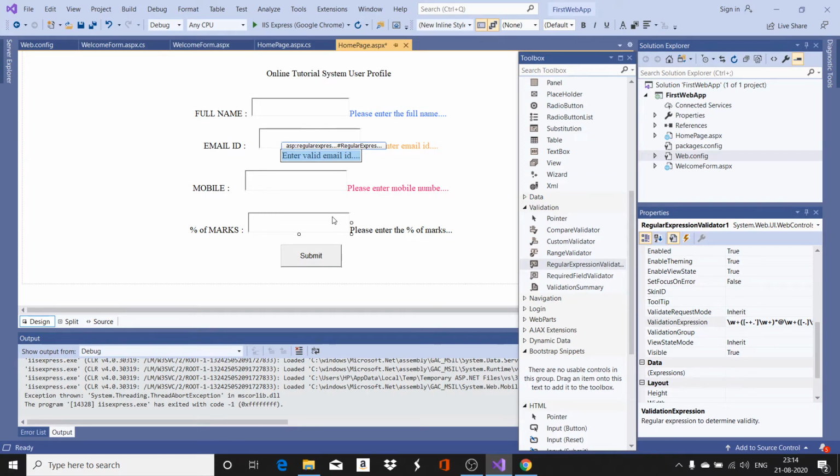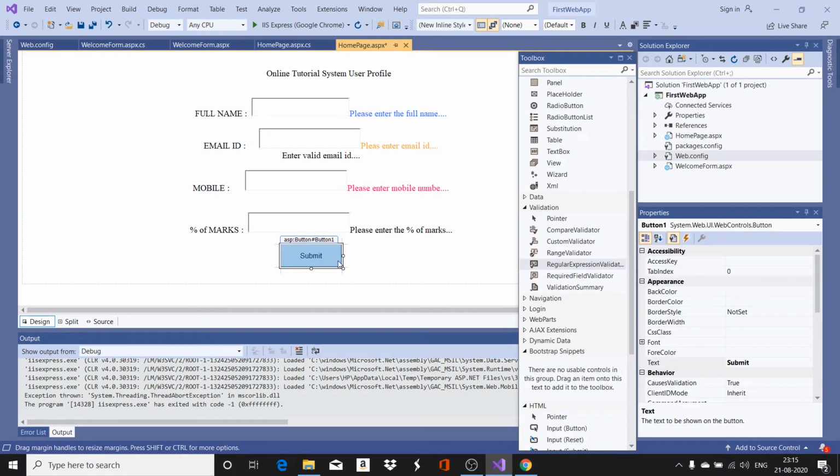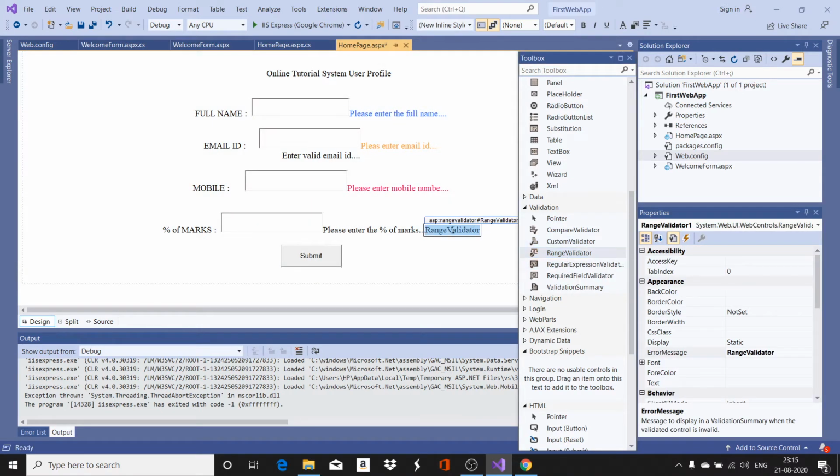Now another validator that we are going to add here is what you call a range validator. I'm going to add a range validator here for this. So let me take the range validator. Go to the range validator, double click on range validator. Yes, it is added.